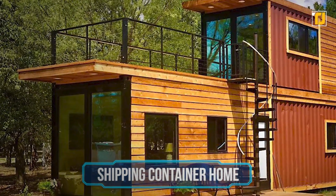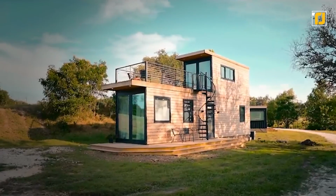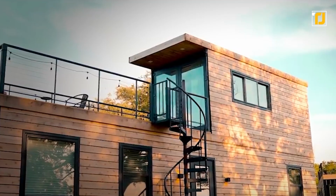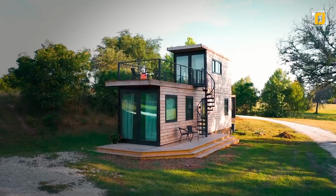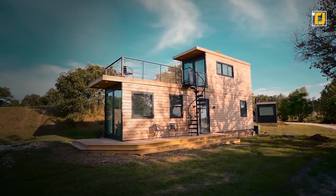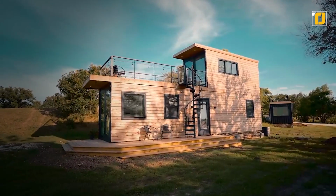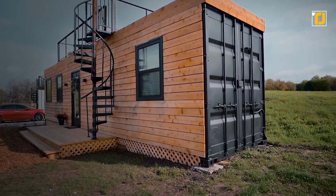Shipping Container Home. This is a 2-story home from Chillicothe, Ohio, that's made almost entirely out of a shipping container. The house was named The Helm by its owners, and it features a rather spacious living area, at least by tiny home standards. At the bottom floor and the top floor features a modest and cozy bedroom that takes up about half of the top floor, and it leads to a rooftop deck which takes up the other half of the